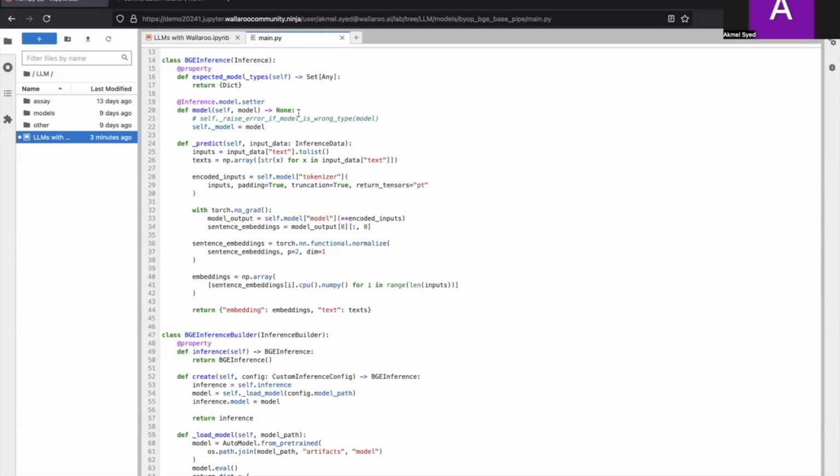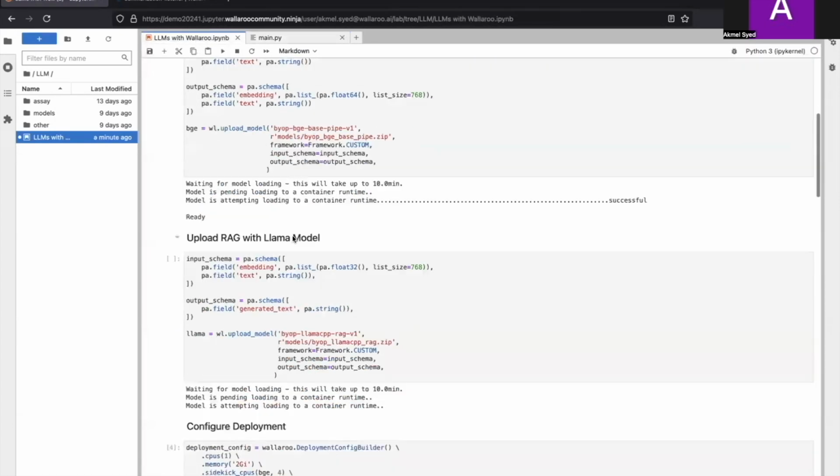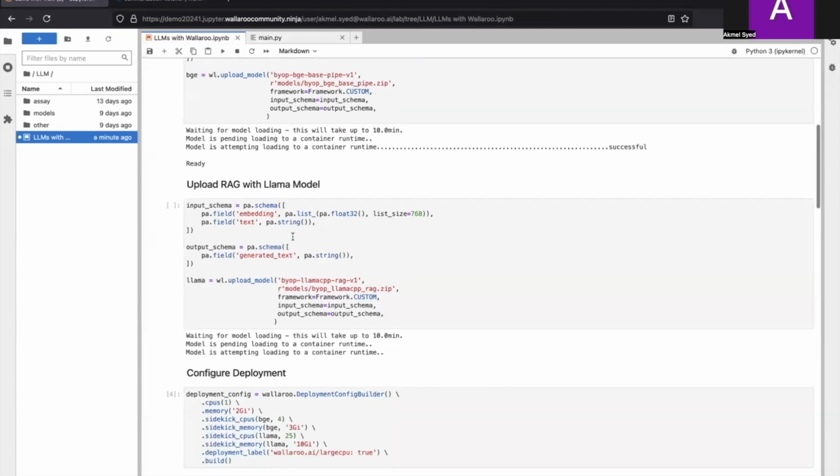Now, if we head back to our notebook, we can go ahead and upload our second model in the same way we did our first, except this time we'll pass it to our BYOP, which loads Llama, retrieves our context, and generates our text. Having uploaded our models, we're now ready to move to our second step, and in this step we can go ahead and configure our